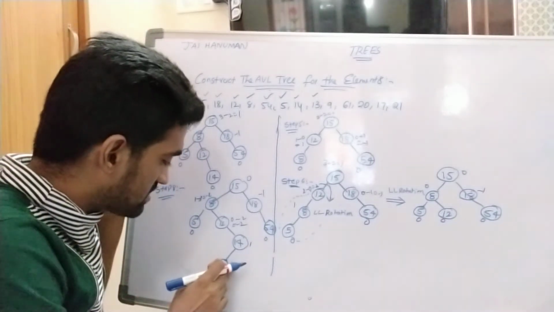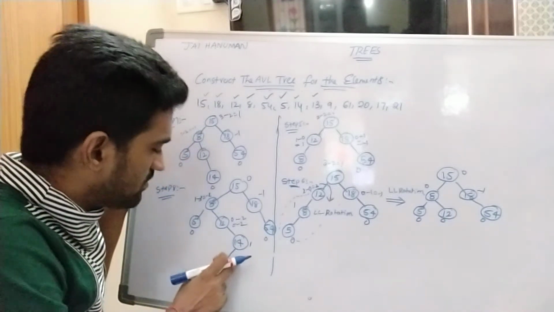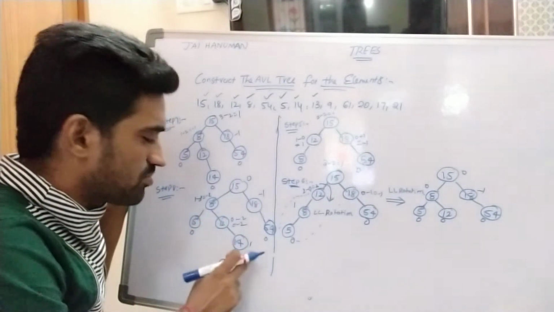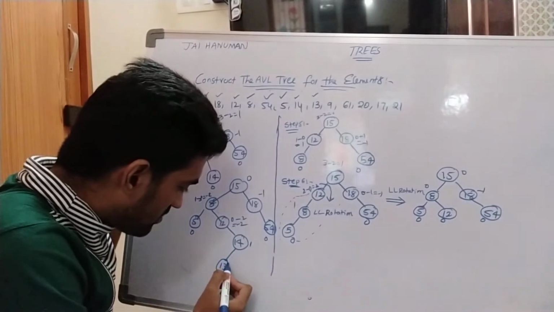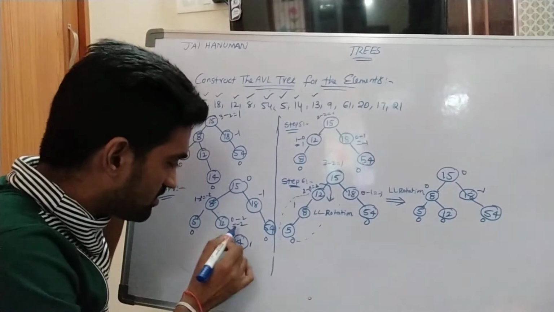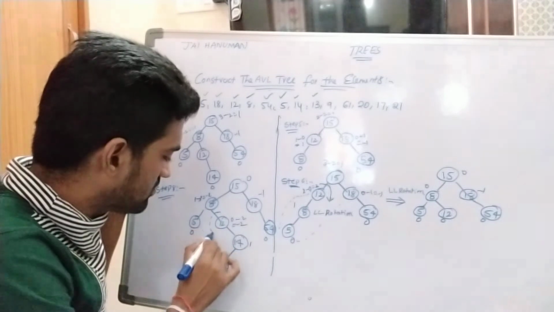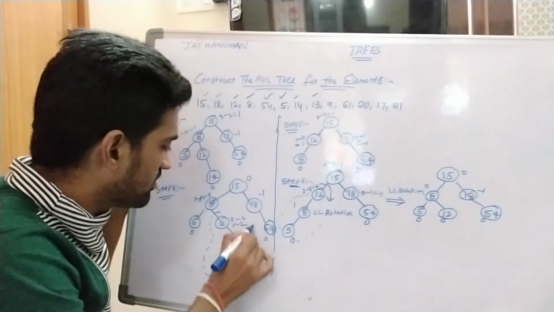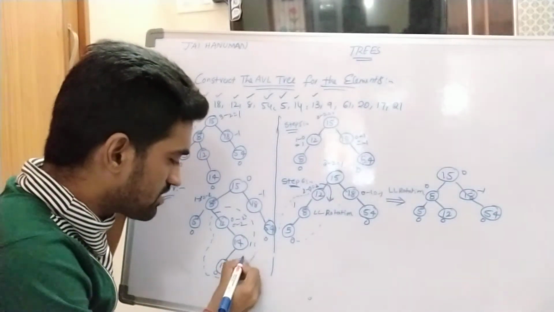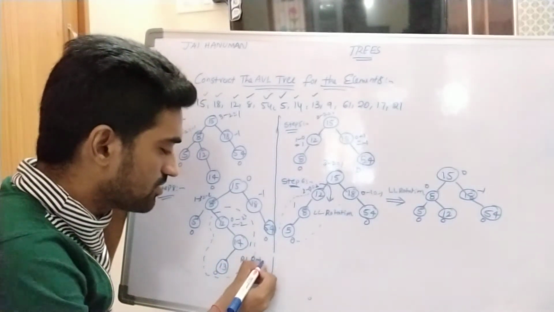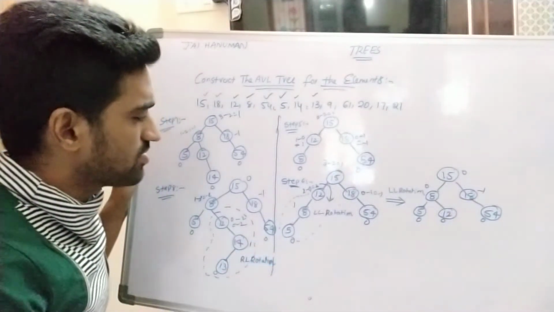So here we are inserting left node for right subtree. Left node for right subtree. So after inserting left node of right subtree, the balancing factor property has been violated. Right? So here we are applying which rotation? Left of right subtree. That is nothing but RL rotation. RL rotation is used.